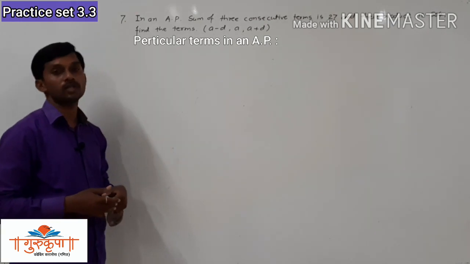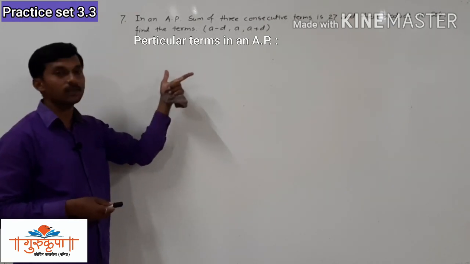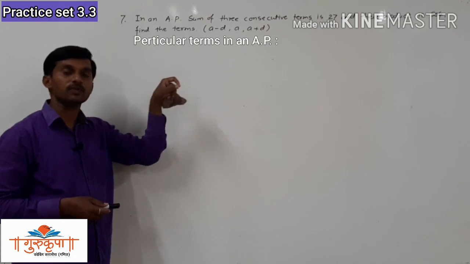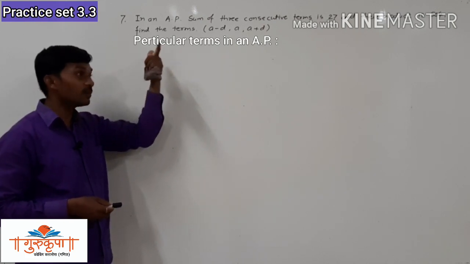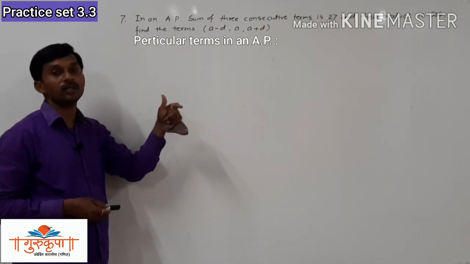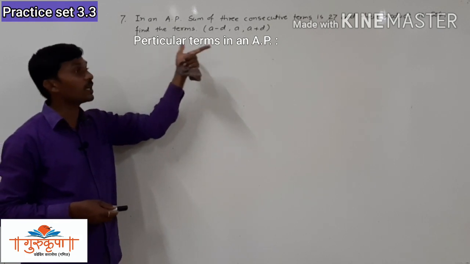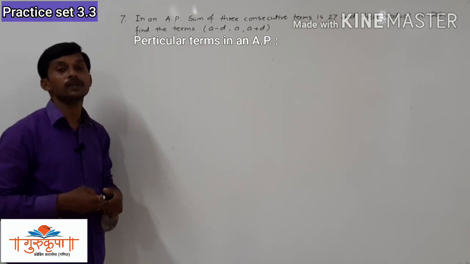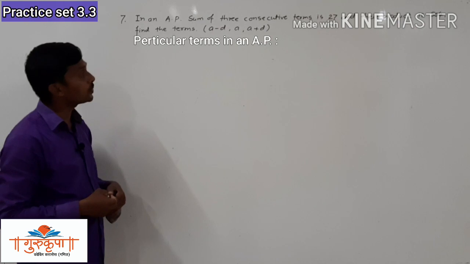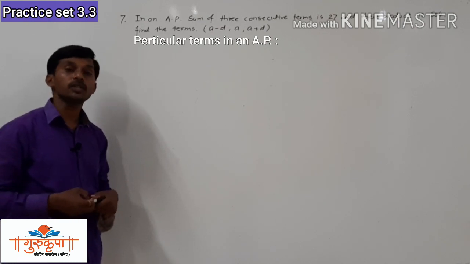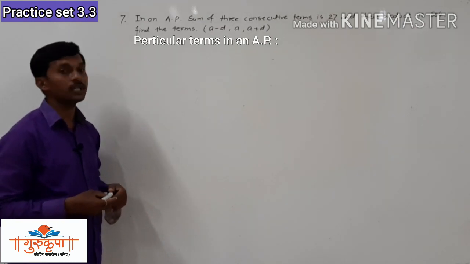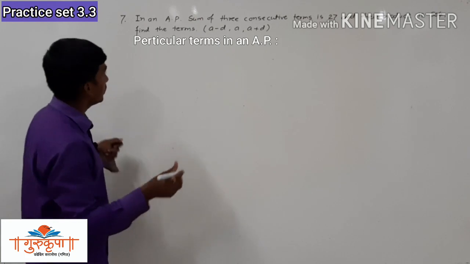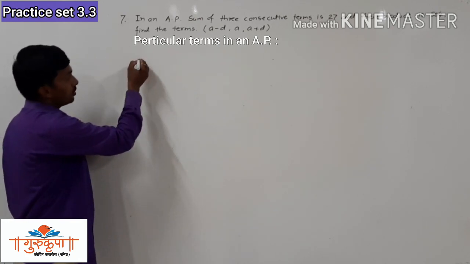And if suppose in our exercise the example is not given about the 5 terms, but suppose in exam you have asked an example which is related with the 5 consecutive terms of an AP, then which 5 terms we have to use there? That we have to study here. So here we will first write particular three terms.